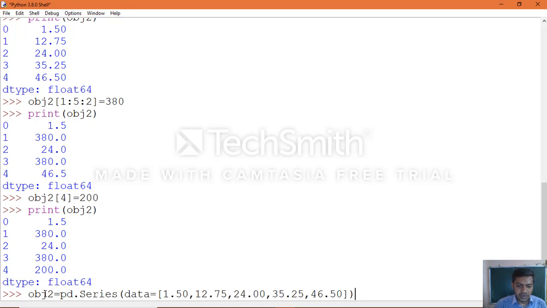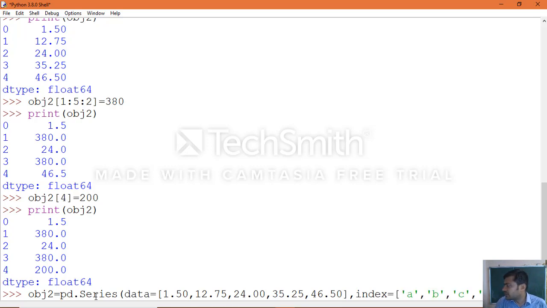Now if you want to update the indexes, how can you do that? Assume the data and then comma index equal to a, b, c, d, e.